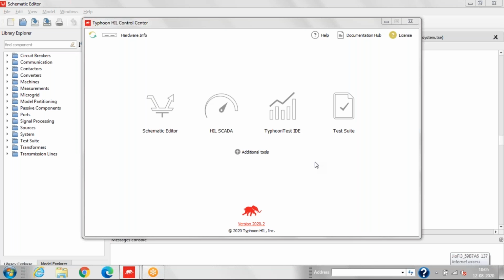In the last 2 days, we have learned about the introduction to Typhoon, working with the Typhoon environment, and working with the Typhoon schematic editor and SCADA. Today we are going to demonstrate how to develop our system models in Typhoon, like a single-phase one-node as well as a three-phase three-node system.